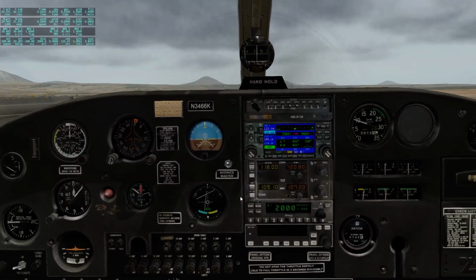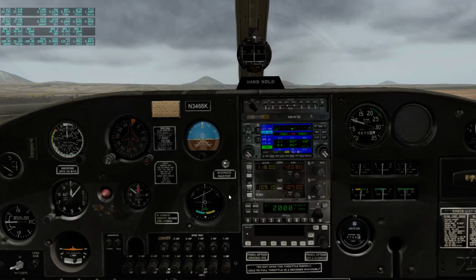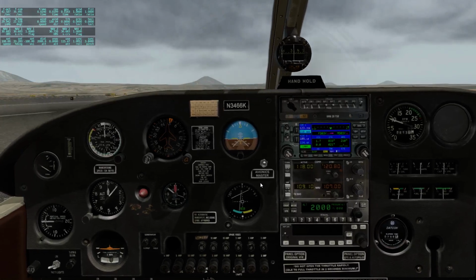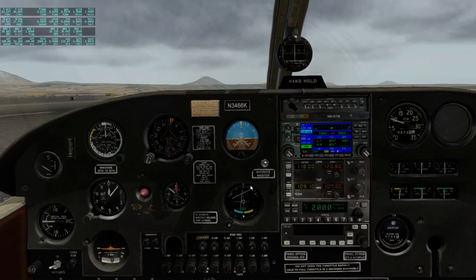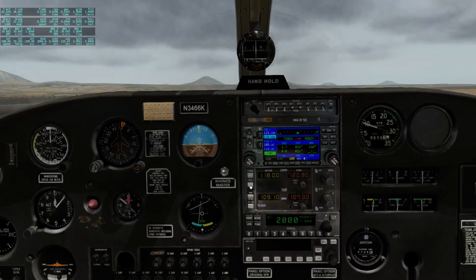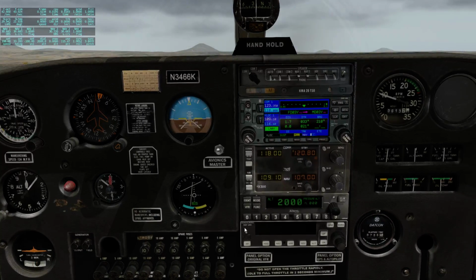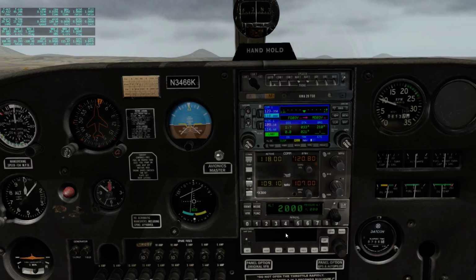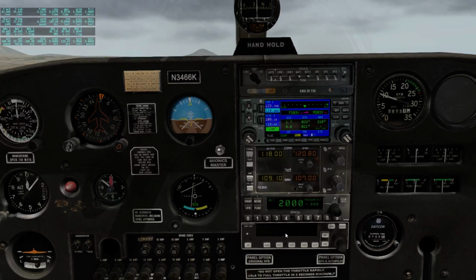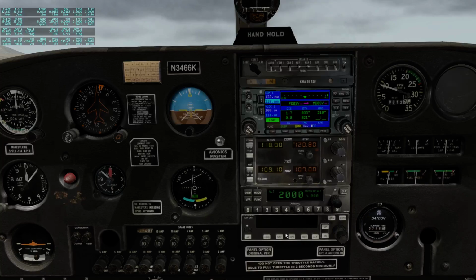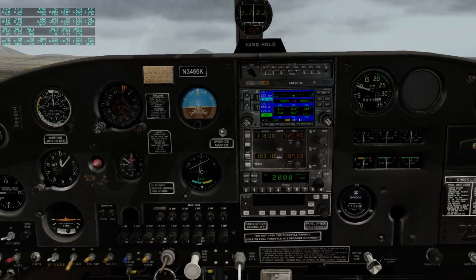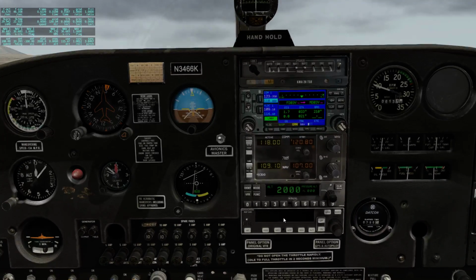Hello guys, I'm back in the Cessna 310 from Milviz. Sorry, I just bought the Piper Cherokee 140 by vFlyteAir, and the reason why I bought this plane is because it's one of the few planes in X-Plane that has the KAP 140 built in, and I just wanted to compare it to the one in the Milviz Cessna 310, and I have to say I was very surprised and I am very overwhelmed that this autopilot works much better than